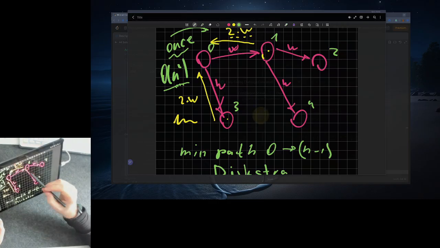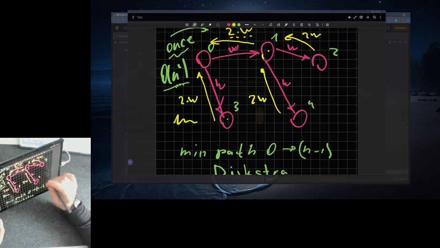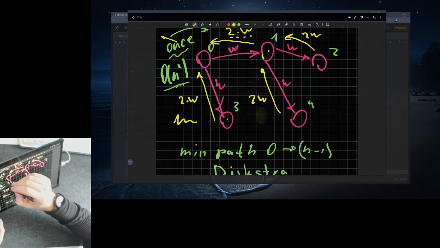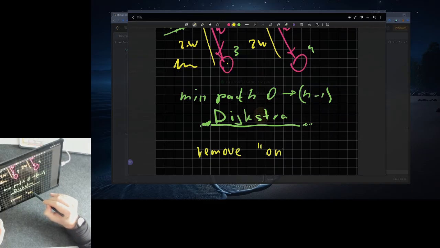Imagine we just add these extra yellow nodes, just add them, and imagine we don't have this extra condition of using only once. So remove the once restriction,